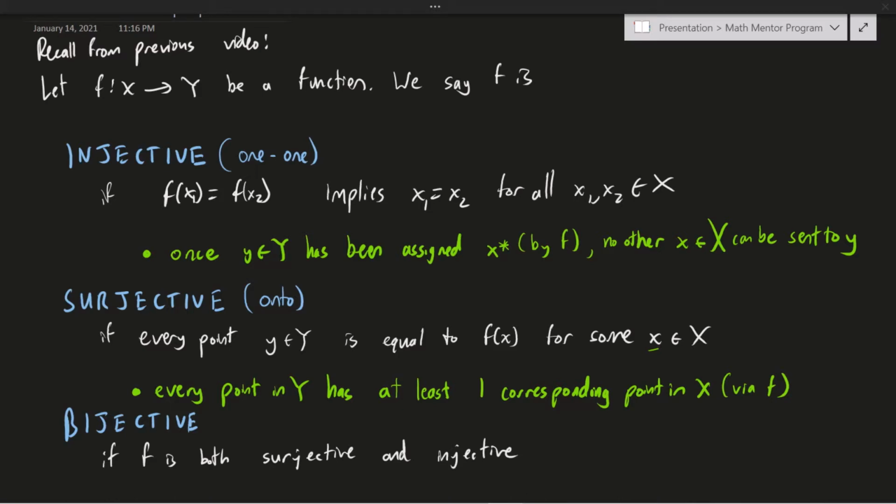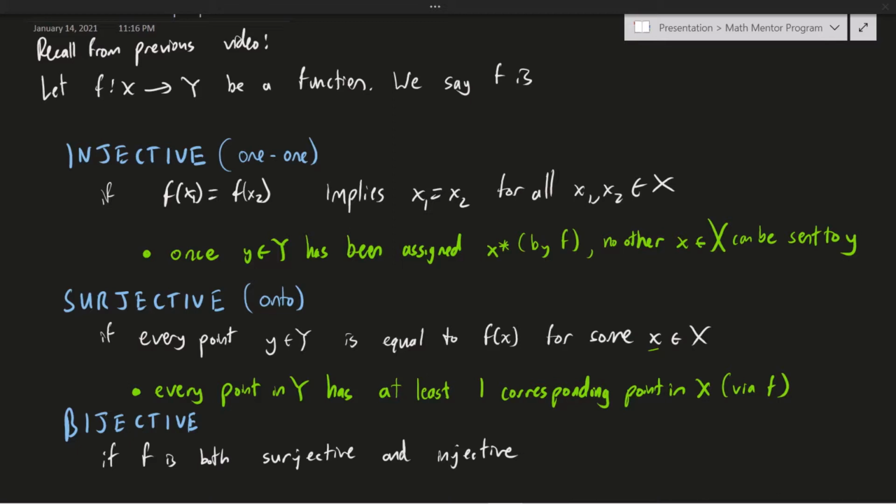In today's video, we're going to take another look at the definitions of injectivity, surjectivity, and bijectivity. Highlighted in green are the explanations that I gave last time for what these definitions mean intuitively. You may recall them, you may not, but that's fine. The real point that I want to make here is that we didn't discuss bijectivity at length, which is today's